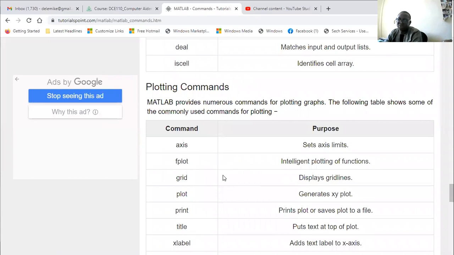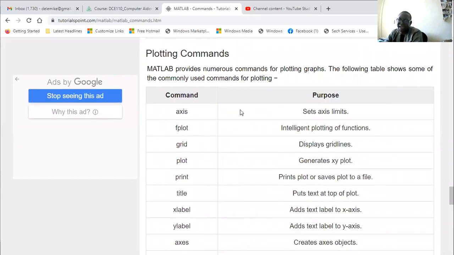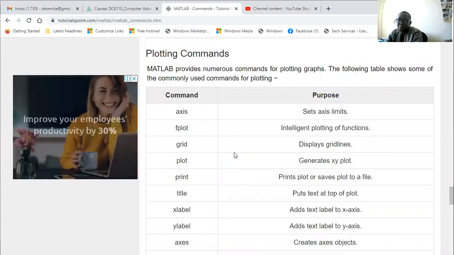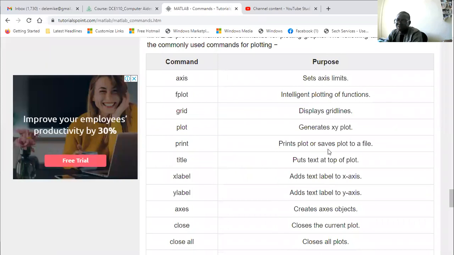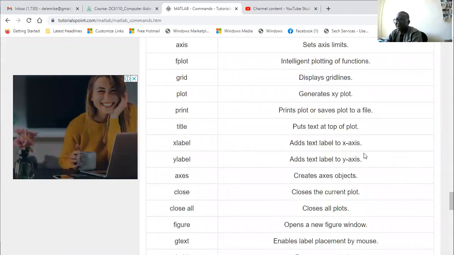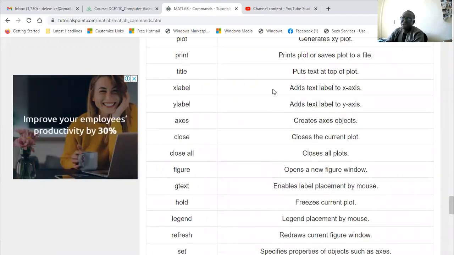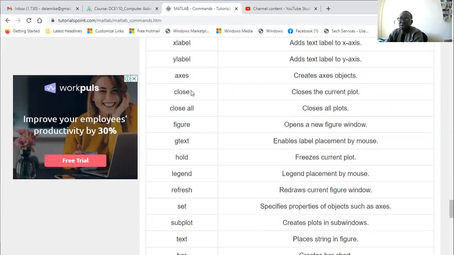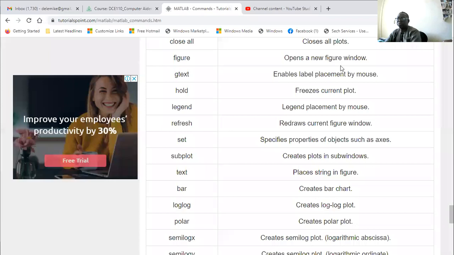Now plotting commands, you need to know them. Very important. Axis, set axis limits; fplot, intelligent plotting of function; grid, display grid line; plot, generates XY plot; print, plots or save plots to a file; title, put text at top of a plot; xlabel, adds text label to X axis; ylabel, adds text label to Y axis; close, closes the current plot; close all, closes all plots; figure, opens